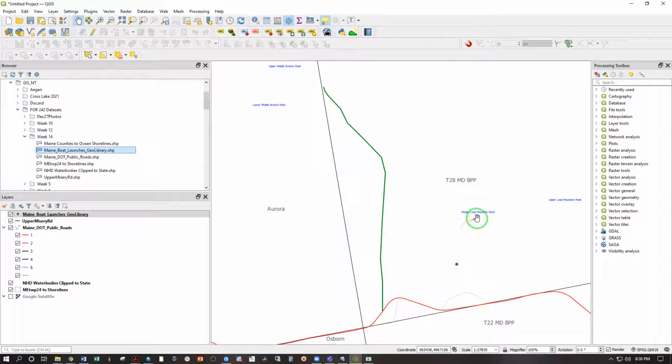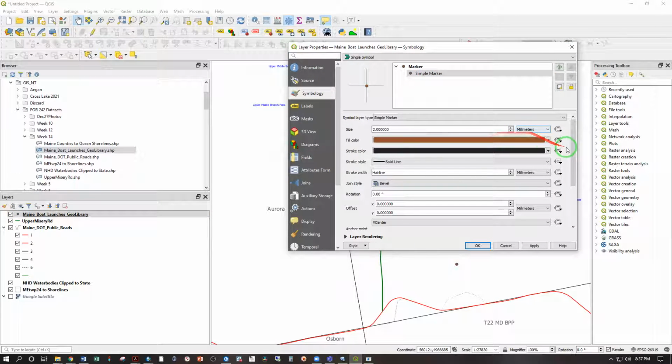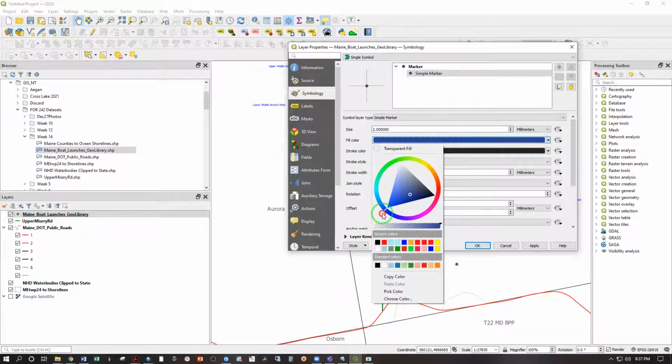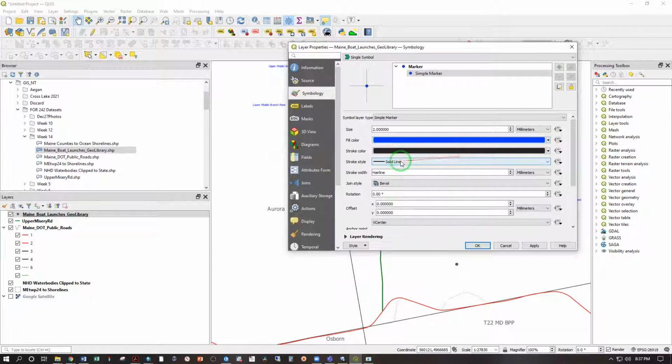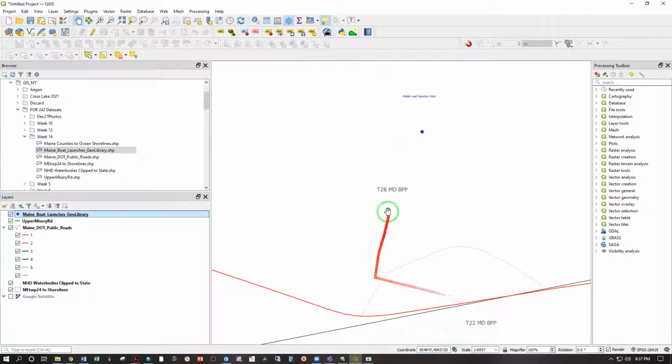And there's one on Middle Lead Mountain Pond, but let's go ahead and change the symbology. Double click, simple marker. And let's just go ahead and make that blue because water, and let's just make it a touch bigger. Okay, and now let's just make sure we know where the road is to get there,